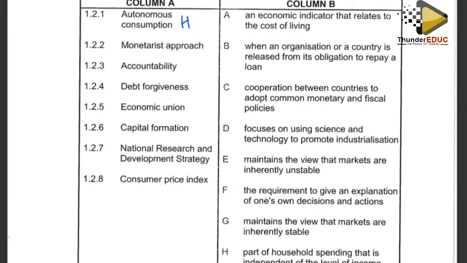1.2.2 reads as follows. The monetarist approach. So now grade 12, if you still remember, this concept does fall under the business cycle. And when we talk of the business cycle, we refer to the fluctuations of the economic activities, or we refer to upswings and downswings of the economic activities. Okay, right. So now under this business cycle, if you still remember, we have two theories: the theory from the monetarist approach and the theory from Mr. Keynesian. So now, if you still remember, Mr. Keynesian states that